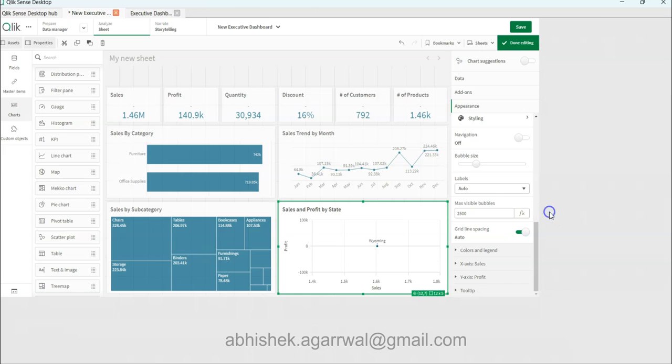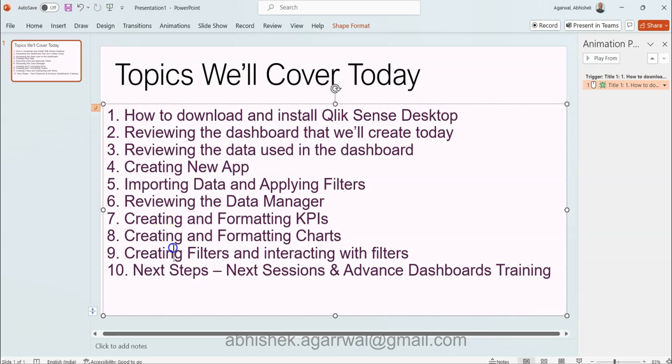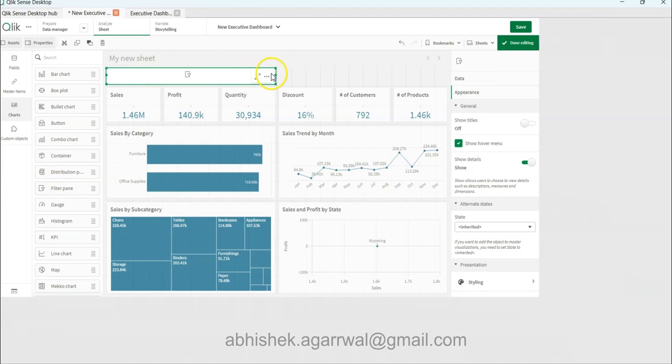Okay, once we are done with this, right, what do we need now is the filters. Okay, so filters, which is our final topic as well, creating filters and interacting with filters, and finally the next sessions. So we will come back and we will create the filter, which is here in the filter pane. We will put it here, right? And over here we have the option